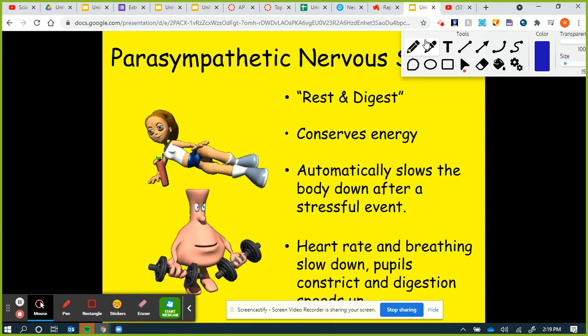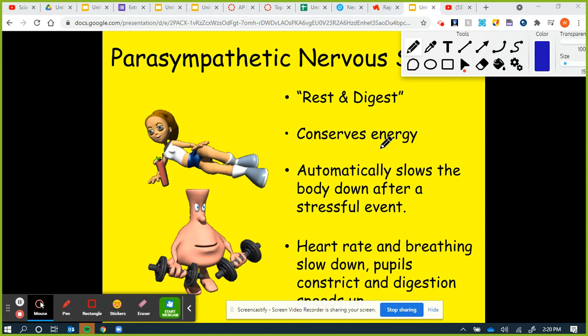It keeps us balanced. People with anxiety, like generalized anxiety disorder, their parasympathetic nervous system is not as active, and their sympathetic nervous system is on high alert all the time, even when it shouldn't be. Anything that the sympathetic nervous system does, the parasympathetic is going to do the opposite. Slows down heart rate, contracts pupils, digests. That's why you generally have to go to the bathroom a little bit after either a stressful event or playing a sport or whatnot.